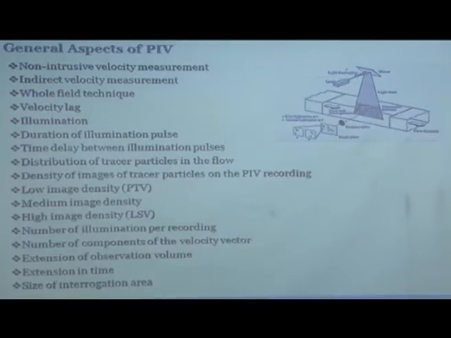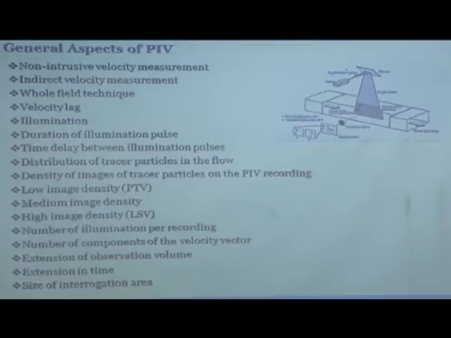If you make a larger particle, the problem is that the velocity lag will be more with a larger particle. So, velocity lag will be more, but the illumination requirement will be less. So, a low power laser is enough to illuminate. If you use very small particles, the velocity lag will be less, but the illumination level required will be more. So, you need a high powered laser. So, these two things, size of the particle and illumination level, laser power, are mutually against each other and need to be optimized.